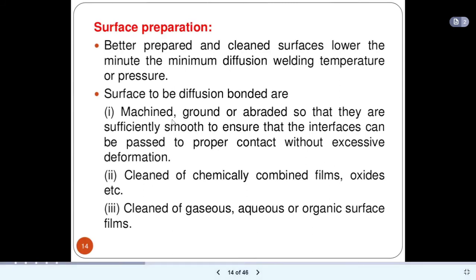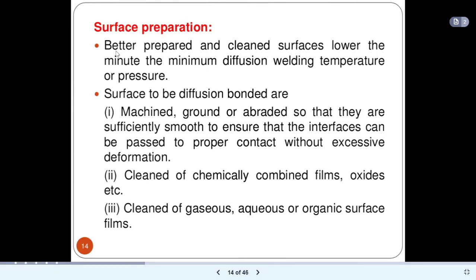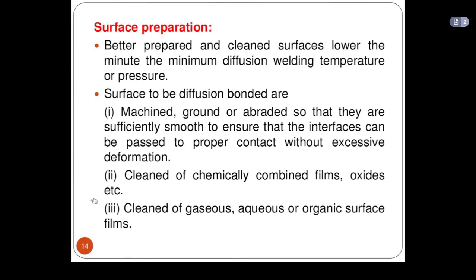So how can we prepare the surface? We can remove the dust, grease, oils and other contaminants that are present on the surface of the base material by use of chemicals or by any other processes, and we can make the surface smooth by using a machining process. So these are the things we have to consider during the welding process. It is also one of the most important parameters in the welding procedure.